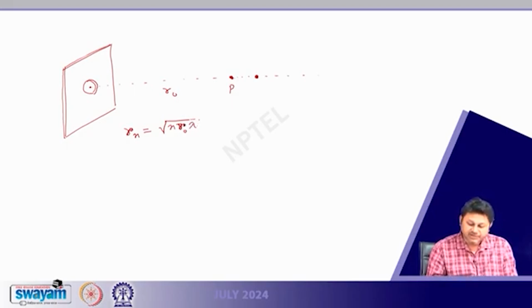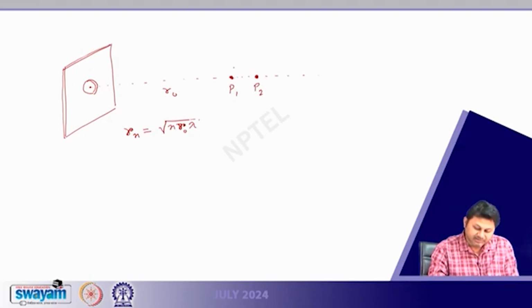Now, if I change my r0 every time, then the number of zones and the area of the zones are also going to change, and if it changes, then sometimes we have an odd number of zones and sometimes we have an even number of zones depending on which point we are talking about. Suppose this is P1, this is P2, etc. We move towards the aperture or away from this aperture. So, based on that, different zones will be exposed, and in this case we can get maxima, minima, alternatively this kind of